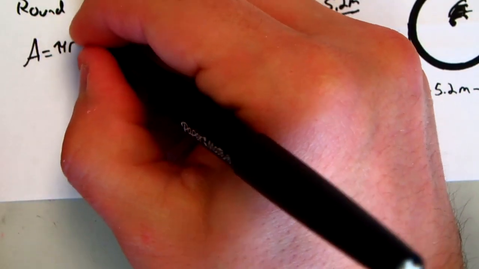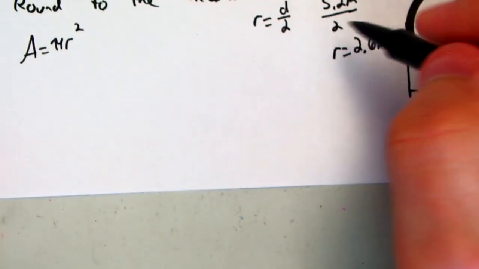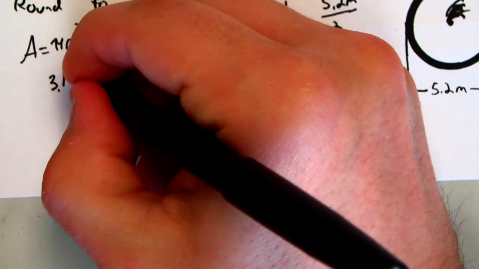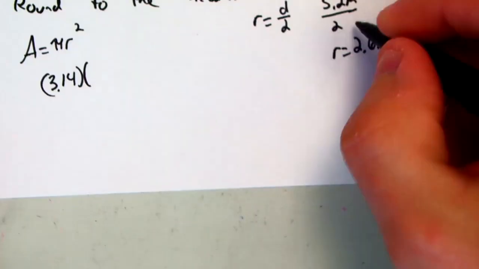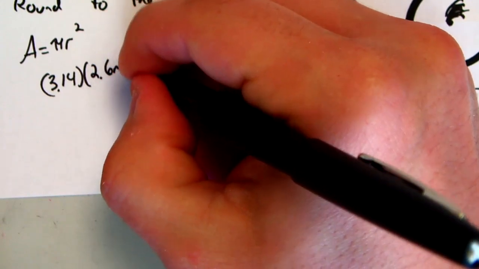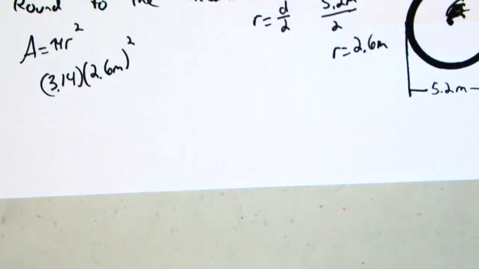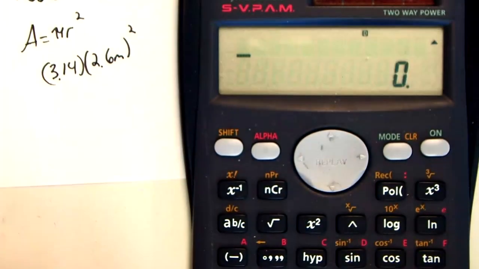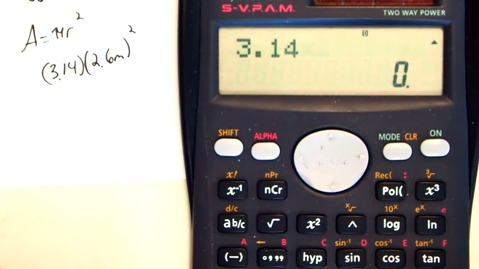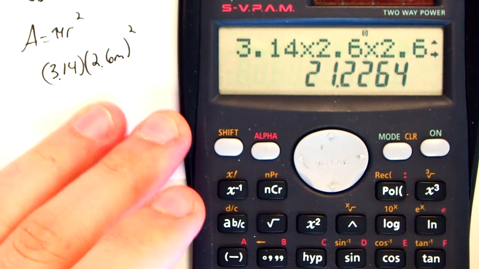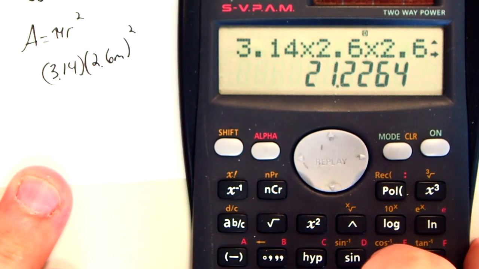So area equals pi r squared. Using 3.14 for pi, so I have 3.14. The radius is 2.6 meters, so I'm going to do 2.6 meters squared. And again, when we square a number, that means we multiply it by itself. So 3.14 times 2.6 times another 2.6. And that equals